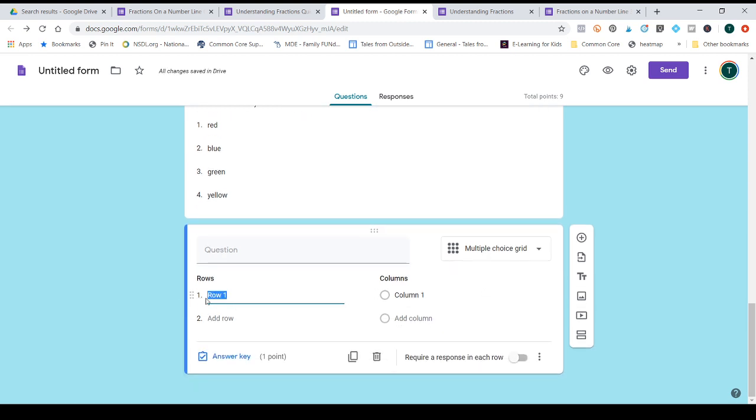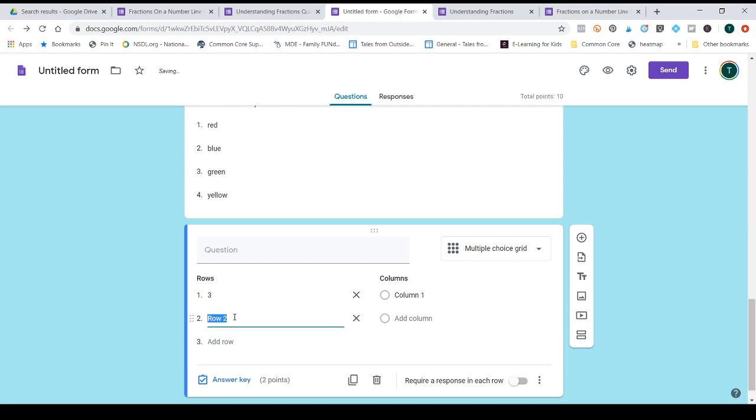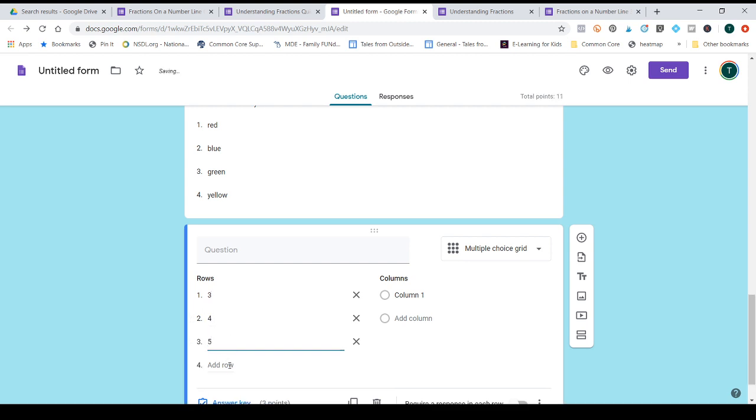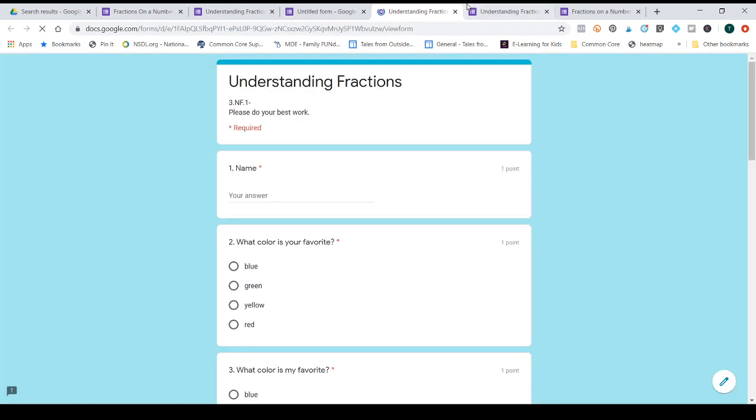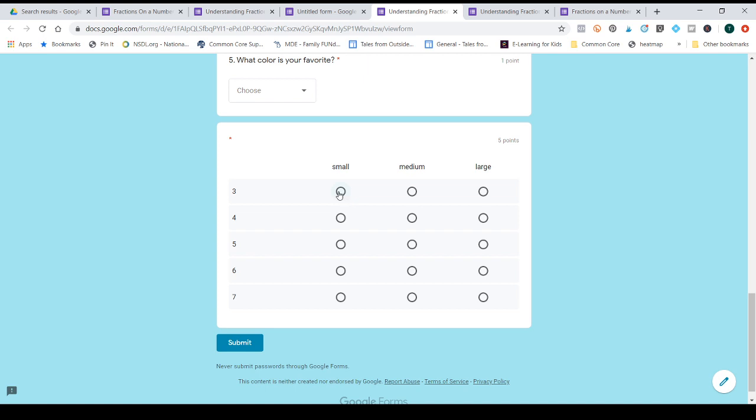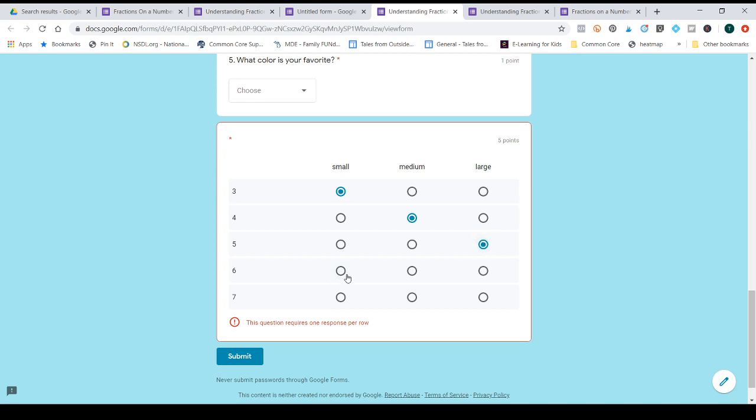So you can change what is on the rows. You can change what is on the columns. And you can require a response in each row if you would like. So I'll show you what that looks like as well. So we're going to go ahead and reload that preview, come down here, and what this does is a response in each row for each column,